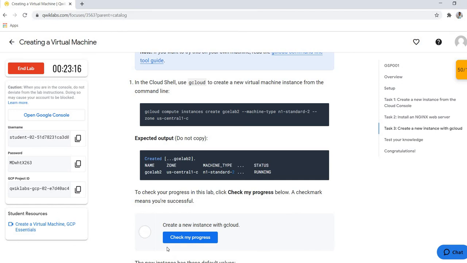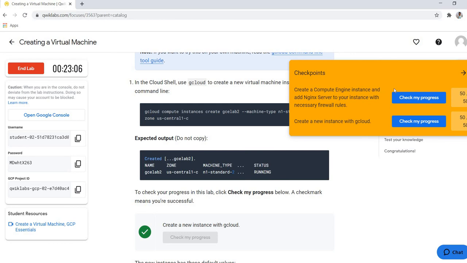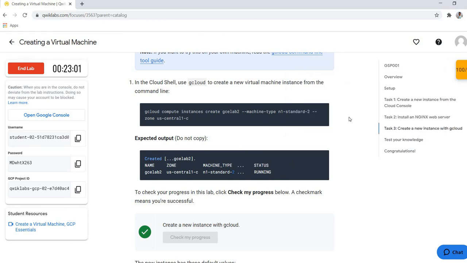So now check my progress, whether I have completed or not. Here is the green tick, and it is mentioned that I have earned 100 points. You have to earn 100 points to finish each and every lab. After this, you have to check your knowledge and take the test. Okay, so now go on to another part of the lab and do